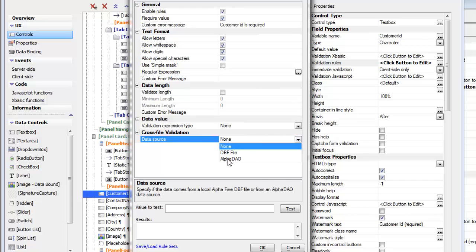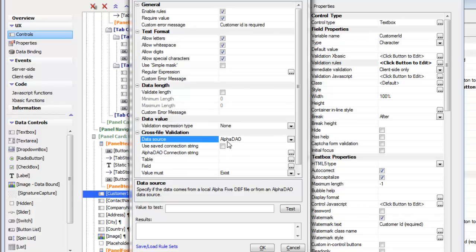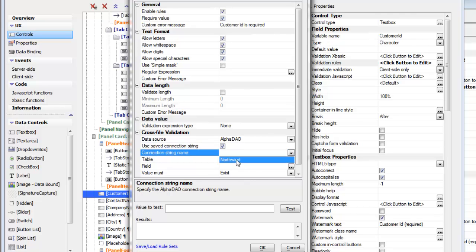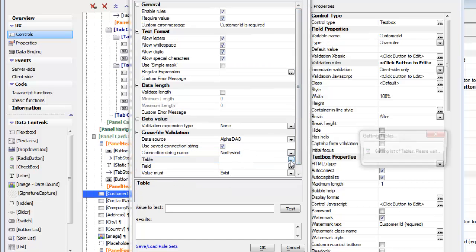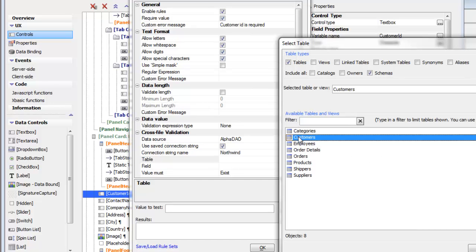So we want to basically do a cross-file validation against a SQL database. So that's going to use Alpha DAO, which stands for Alpha Data Access Objects. We want to use the saved connection string, and the connection string that we have that connects to the Northwind database is in fact called Northwind. We want to do a validation against the customer table, the customers table, so we'll go ahead there and choose